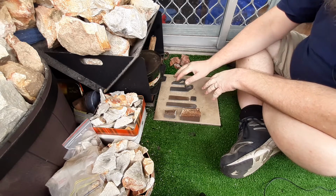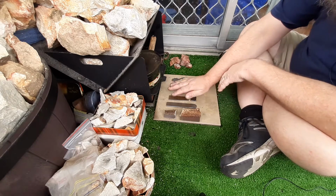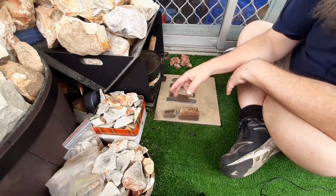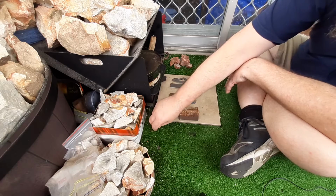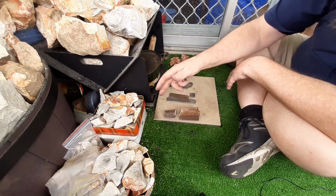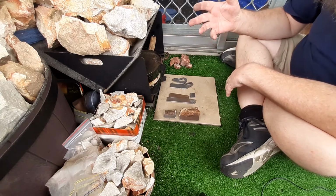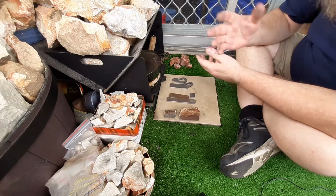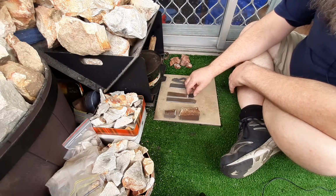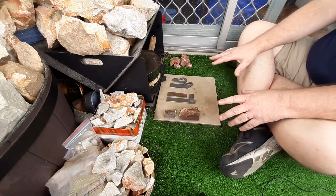So yeah, I'm now only going to be doing forged builds for my antler builds. I've got a couple more antlers, and as I said, I'm going to maybe do a couple of non-forged antler builds, and see if I can sell them. I don't know. I might just see how I go. But anyway, I just wanted to show you